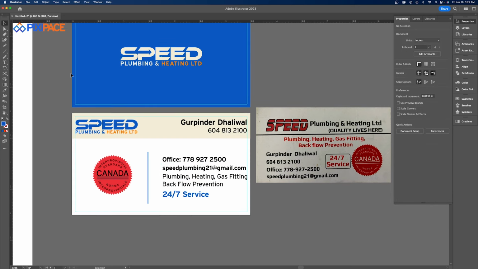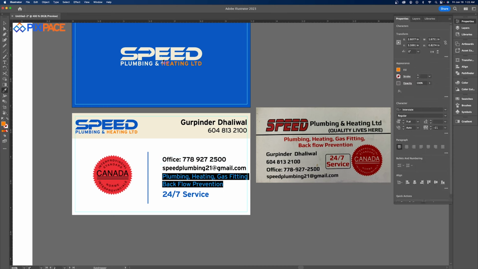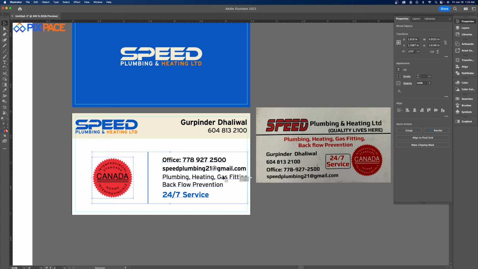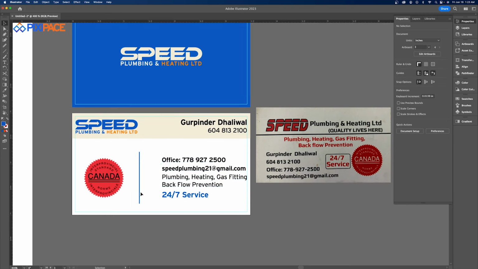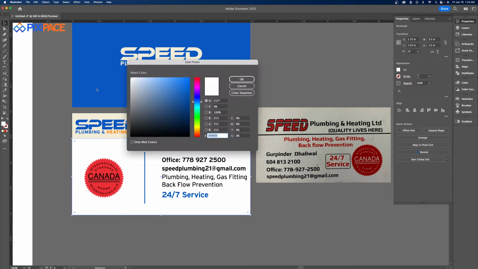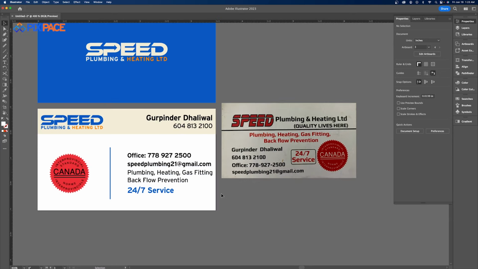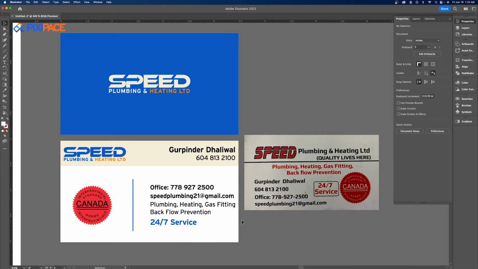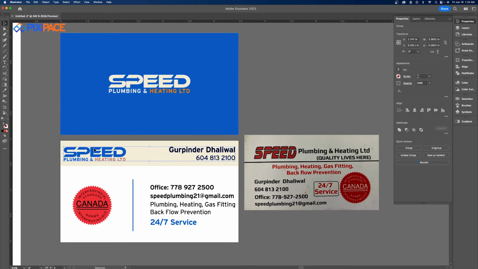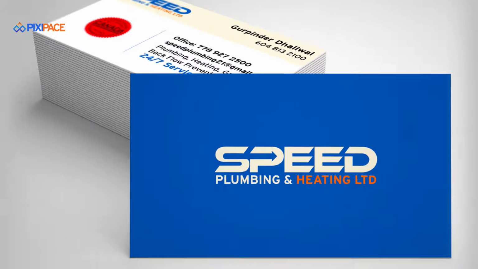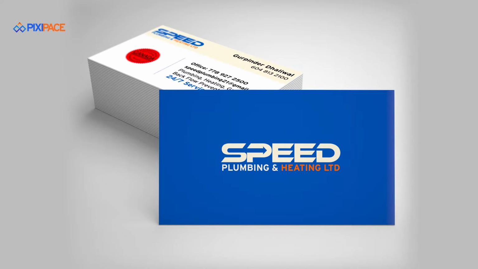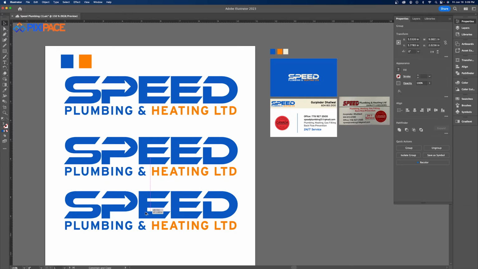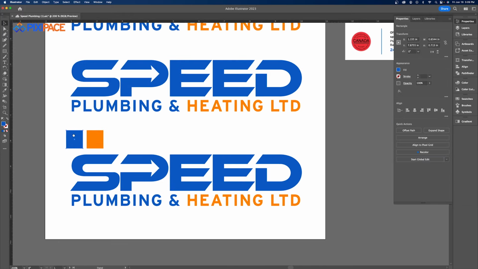After managing everything, you can take a look at that. Now our new business card is looking pretty nice. So this is the newly designed business card. On both sides you can find a lot of space. Now let's work on the second color combination, that is red and orange. This time I'm using the gradient with